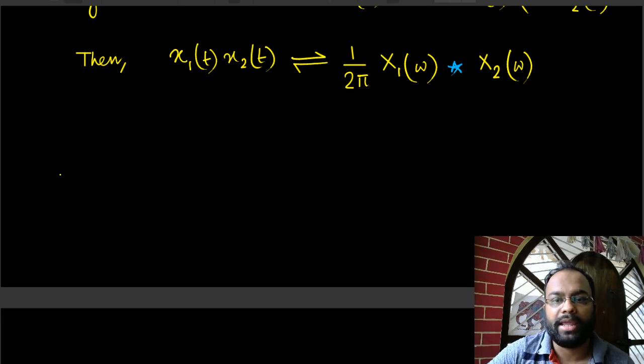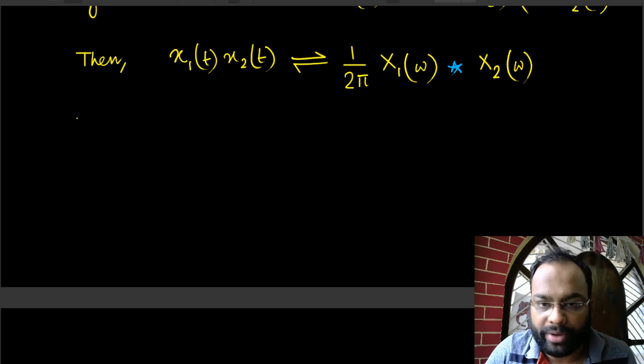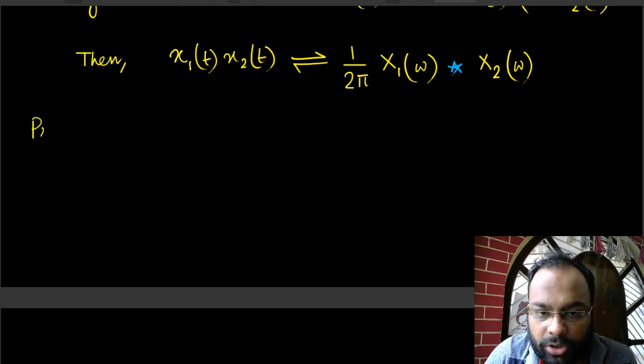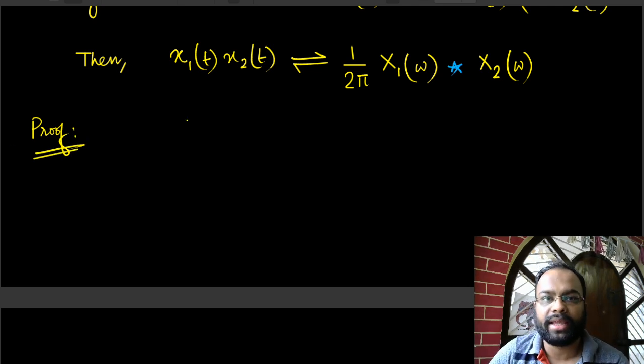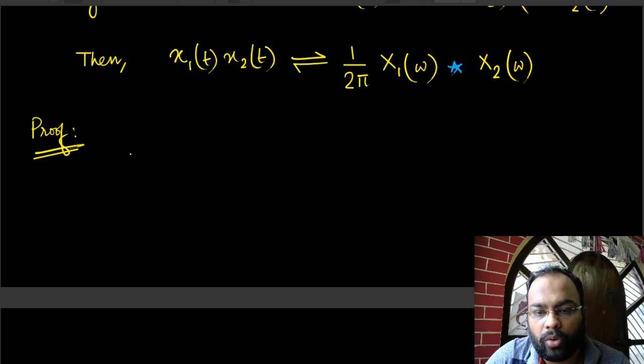I think again, if you have any query, feel free to stop me and ask me a question. So let's do a proof of this, because we need to know where this thing came from, right? So what are we doing? We are trying to calculate the Fourier transform of